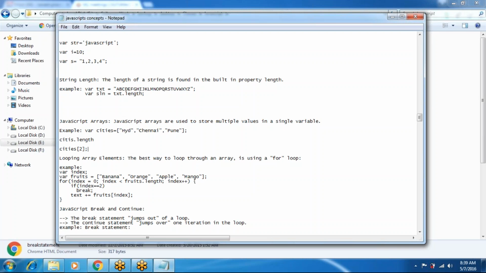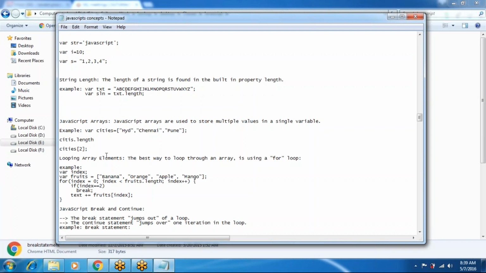So here cities of 2 is the index value 2. So array index starts with 0. So HYD is the 0 position index, Chennai is the 1 index, and Pune is the index value 2. So you will get Pune as a result.